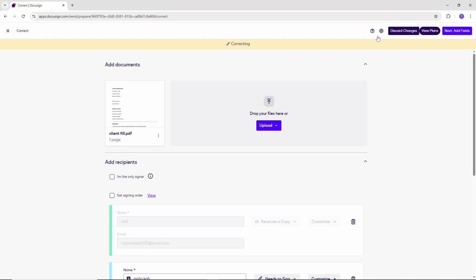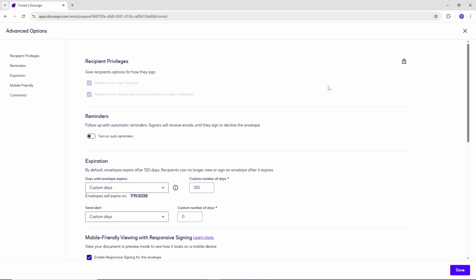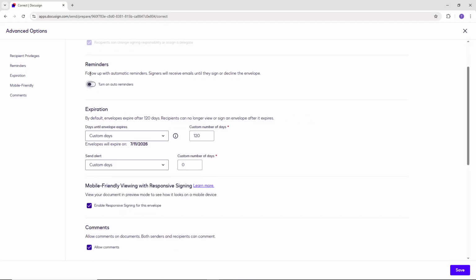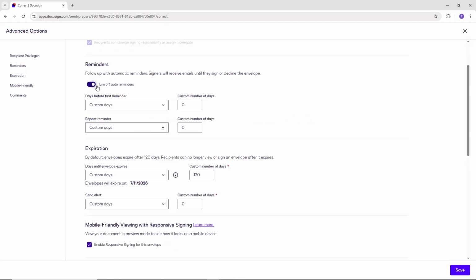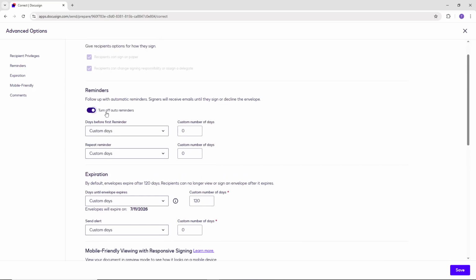In the upper right toolbar, click the gear icon, which represents advanced options. This is where you'll find more detailed settings that go beyond the basic document management features. Now navigate to the Reminder section and toggle it on. Enabling this feature is what allows DocuSign to automatically send reminder notifications to your recipients, keeping your document at the